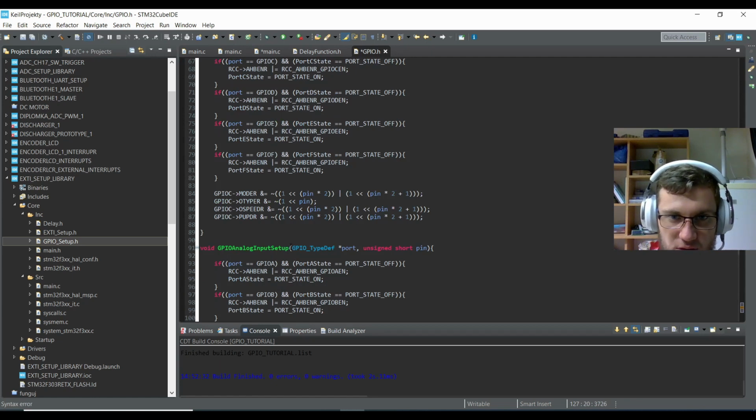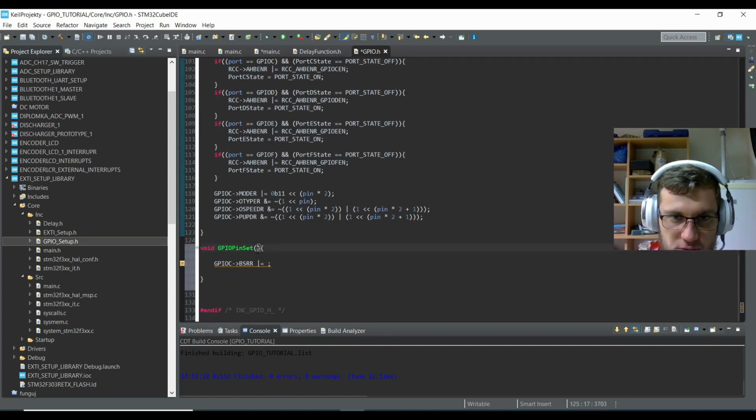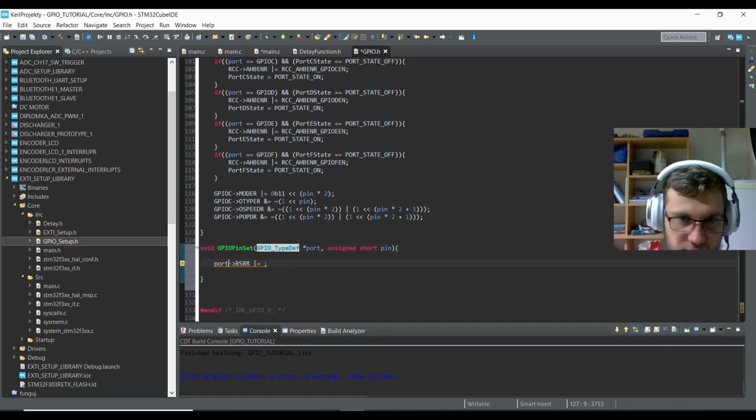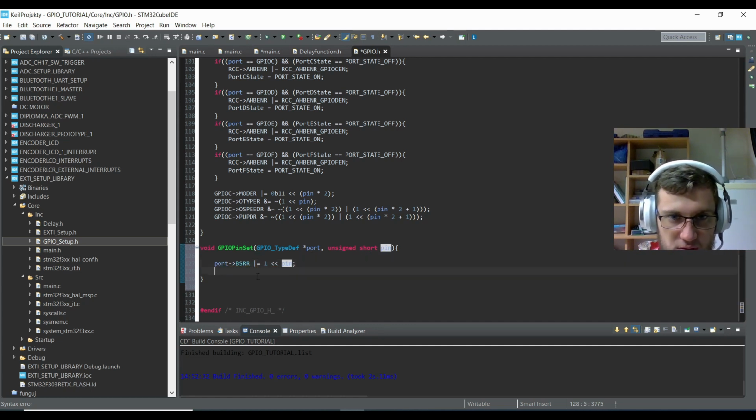And I will copy this condition, or these two tables. Over here will be port, and over here will be pin. And to reset,